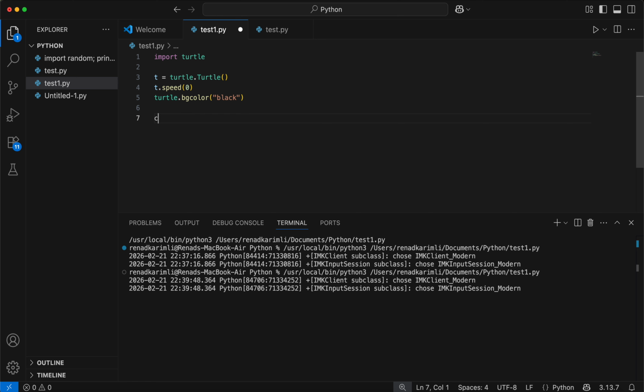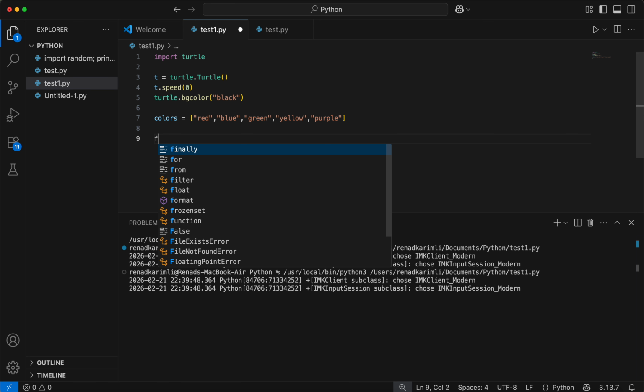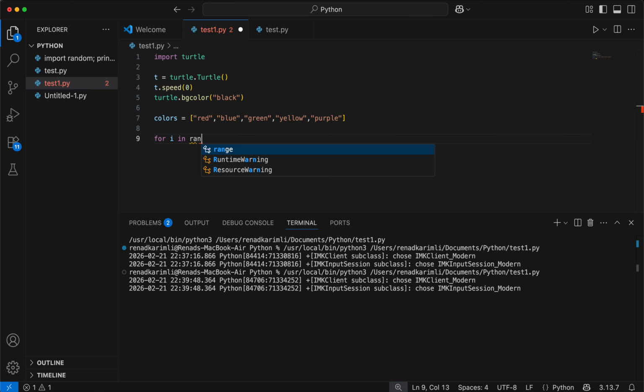The next thing we'd like to do is write colors equals red, blue, green, yellow, purple. Then we'd like to write for i in range